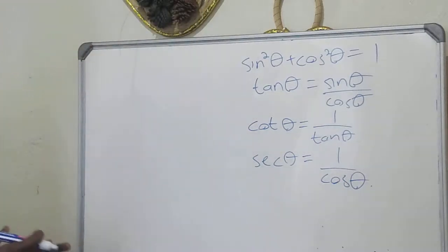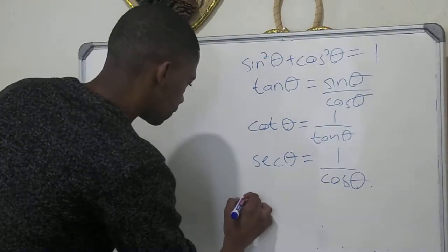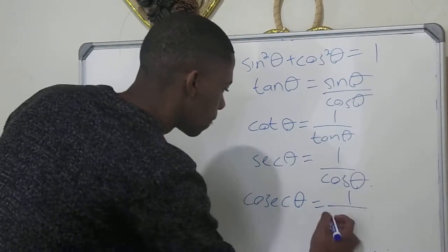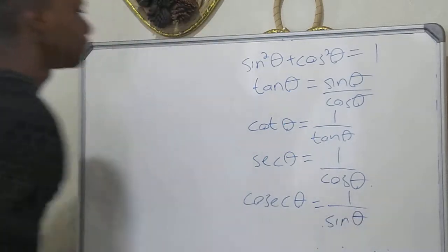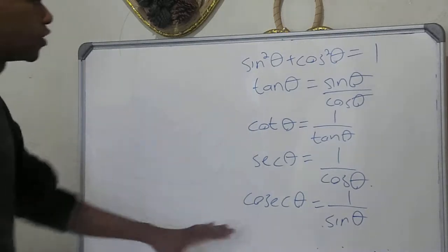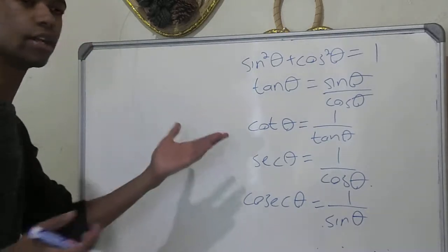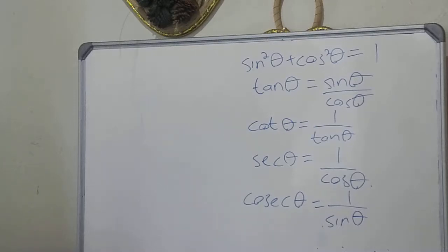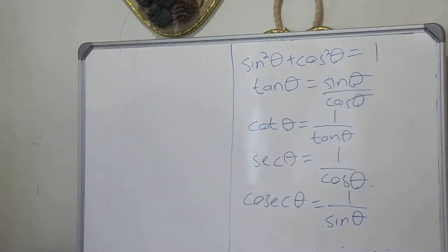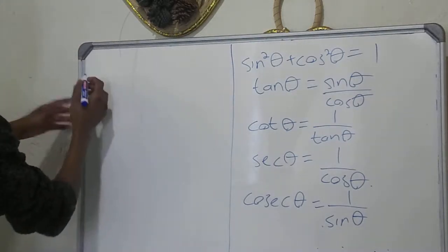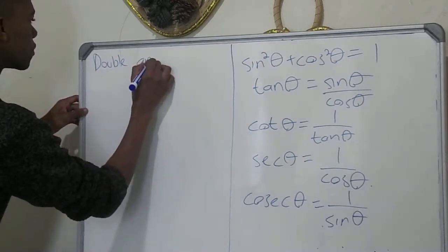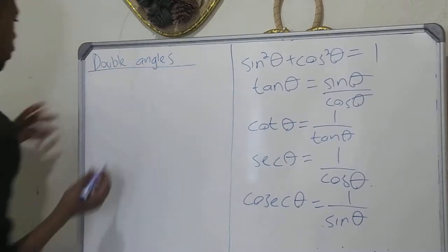These are notes, guys, take notes. And cosec theta is the same as 1 over sine theta. Yeah? Yeah. So these are just grade 10 ratios. These are grade 10 identities. And there's actually more. There's more from grade 12. Those ones go like, we have double angles. Double angles. Which go like,